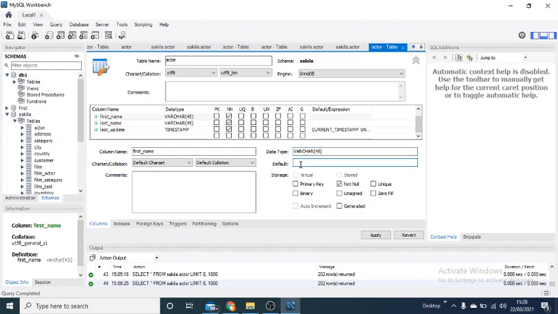Now default is going to control the default value which is going to come up in the field, right? So what the default value in the field will be is controlled by this option. We see a default value in last update. In the last update field, the default value we have already set is current timestamp, on update current timestamp, right? So if you do not give any value to this field, it is automatically going to take the current timestamp. After setting or changing all these values, you have to click the apply button from here. All right, so that is about the columns tab in this section. We are going to look at other tabs in the next discussion. Thank you.